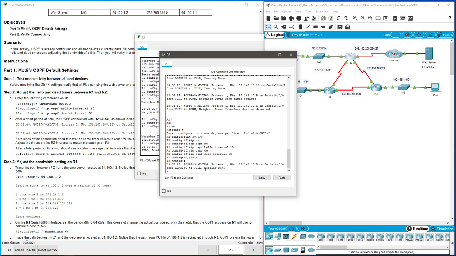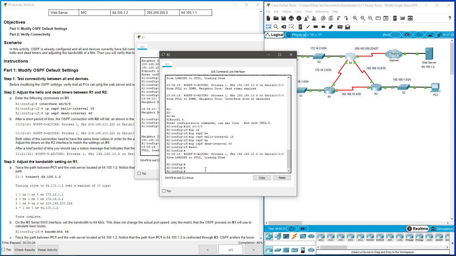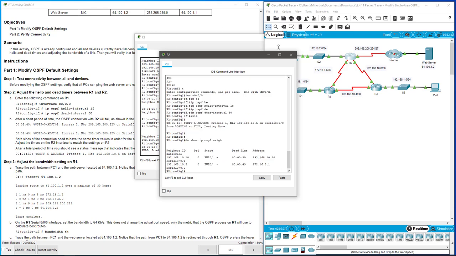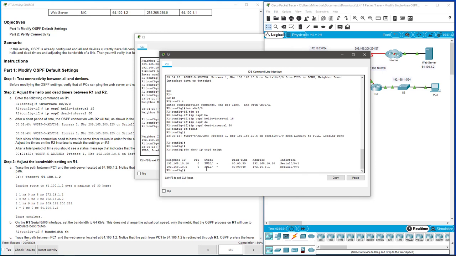Hey, that happened really fast, and you can see that there. Do show ip ospf neighbors. I always like to check everything. I'm a big show command person, as you should be. So it says that it worked. I can see here that the link came back up. It says loading to full, which tells me that it is back up and running. But sometimes just doing an extra show command doesn't hurt, and this is a really short video, so